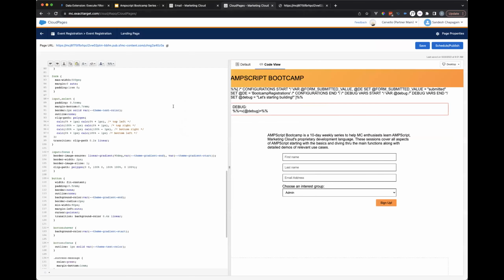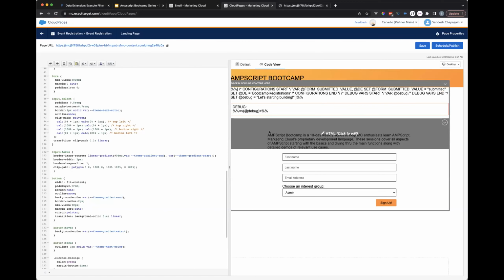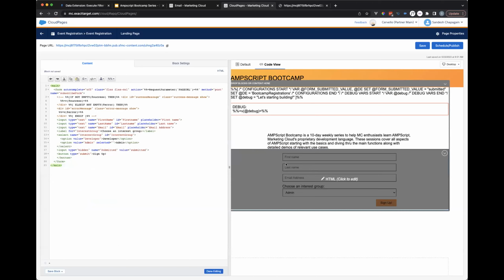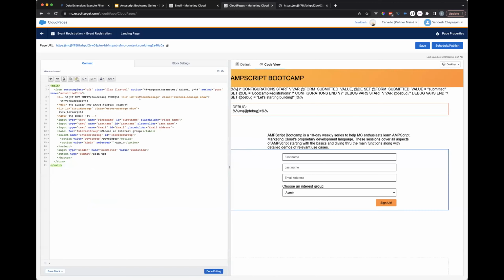And we don't really want to worry about any of the jargon behind how this is being posted. But if you're interested, what's happening is that this form, when posted, is posting to the same cloud page using this request parameter page URL function.